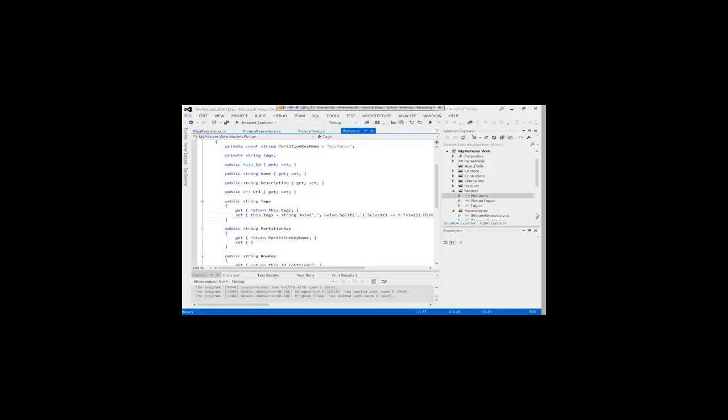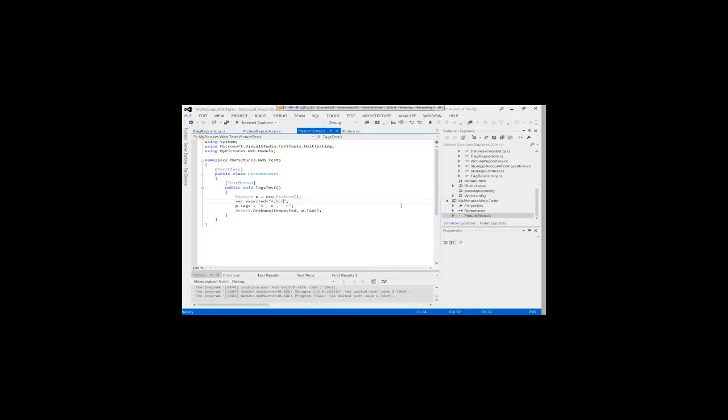Okay, and then I've got a unit test called picture.test in a different project that's just going to validate that it works properly. So I've added some spaces into my tags, and I know that when I run the setter, those spaces are going to be parsed out. So I would expect the value to be A, comma, B, comma, C with no spaces. Okay, and if we go ahead and run that,